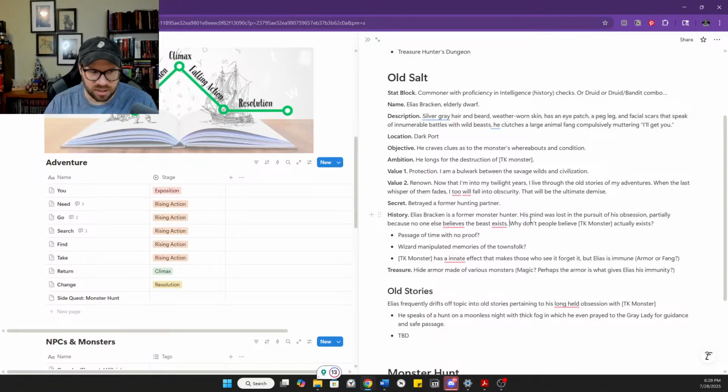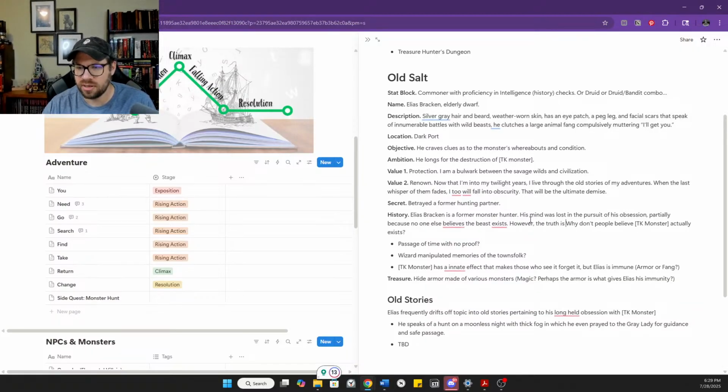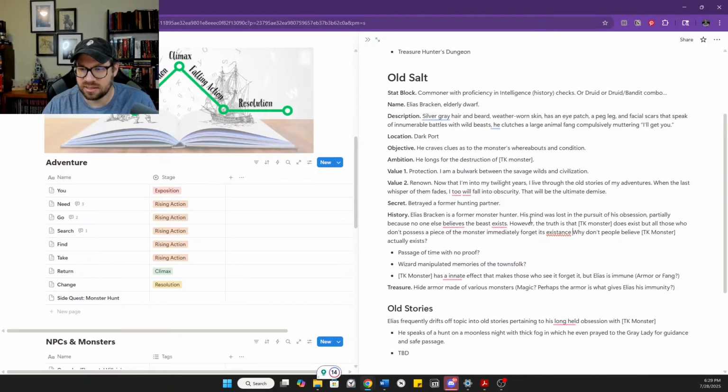However, the truth is that the monster does exist, but all those who don't possess a piece of the monster immediately forget its existence once it leaves their sight.